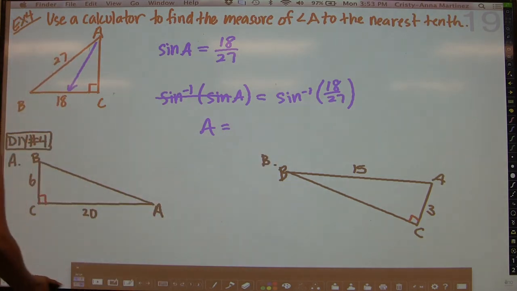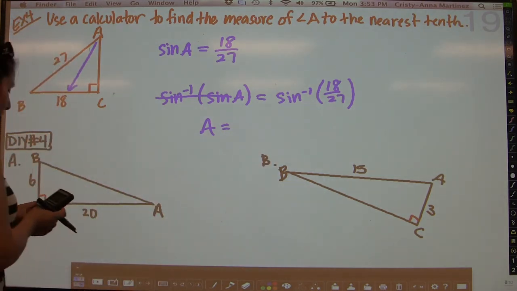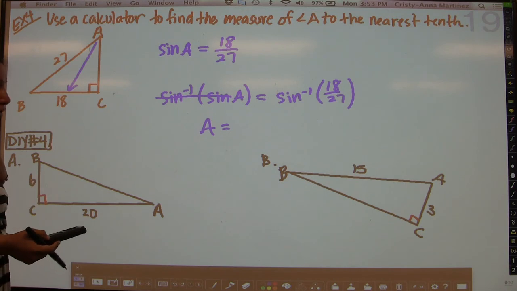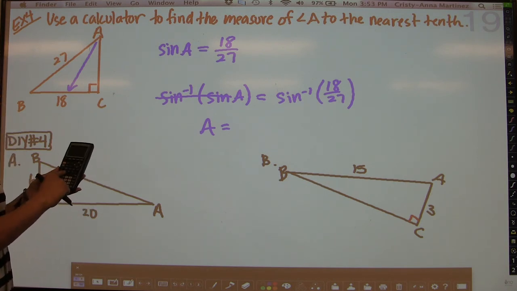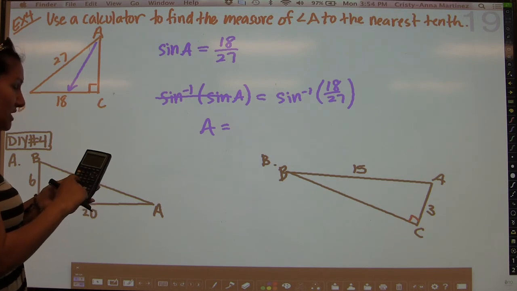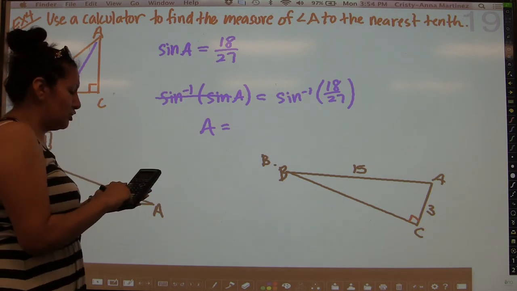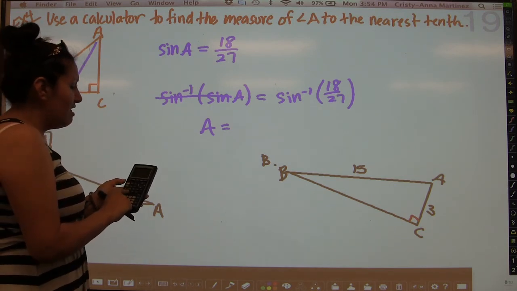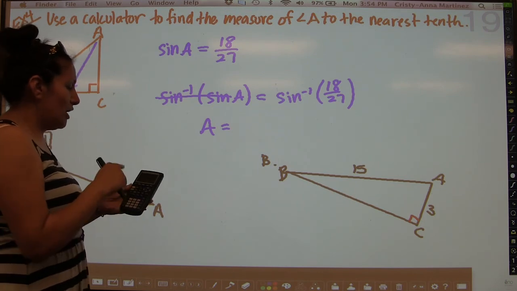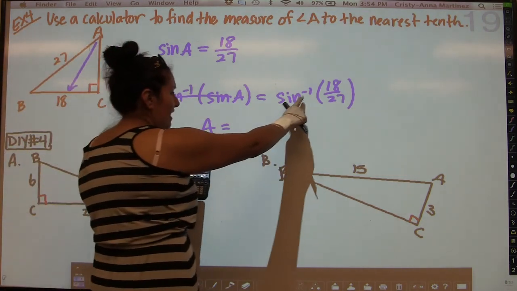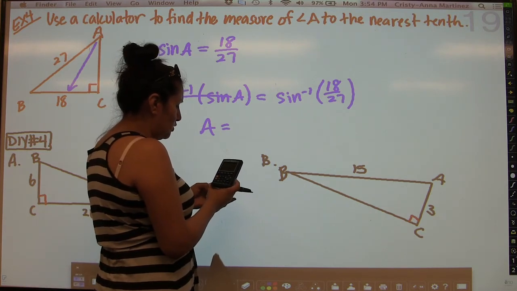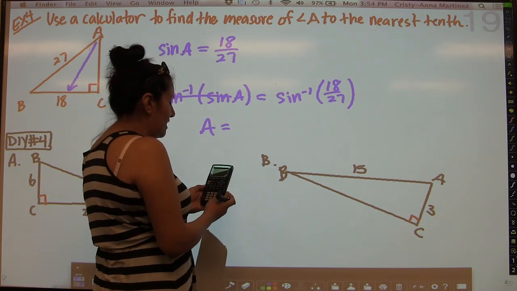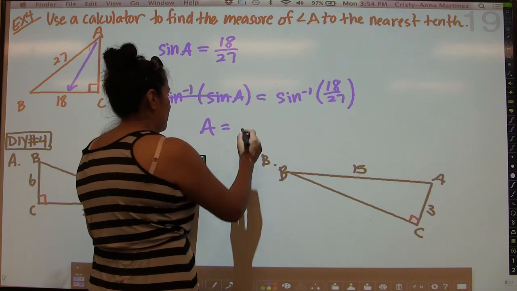So this is where it becomes very important for you to use the right keystrokes in your calculator. When you go to the sine button on your calculator, right above it, you'll see the symbol sine inverse. So you need to make sure that you hit the second button first, then the sine button, and then your calculator will show sine inverse with an open parenthesis. We'll type in 18 divided by 27, close that parenthesis, hit enter, and then it says